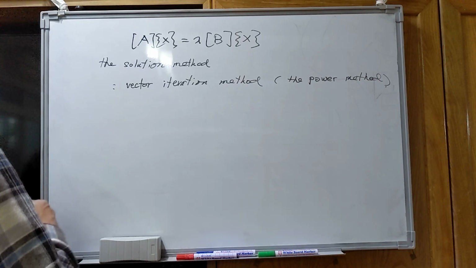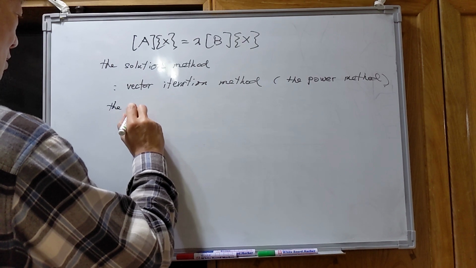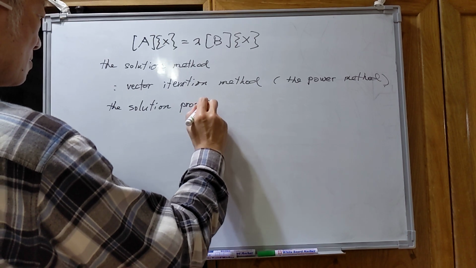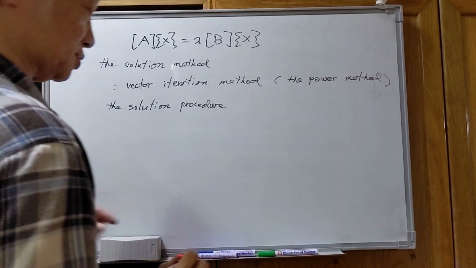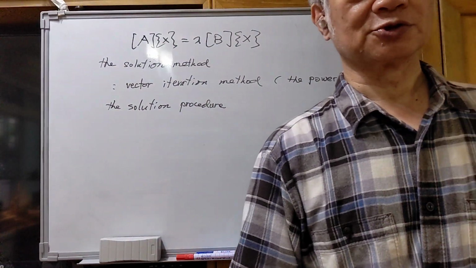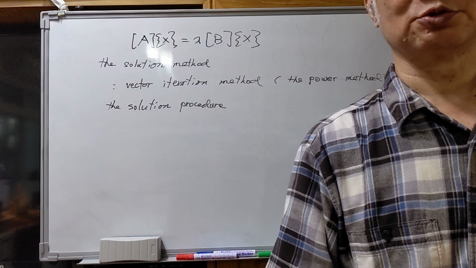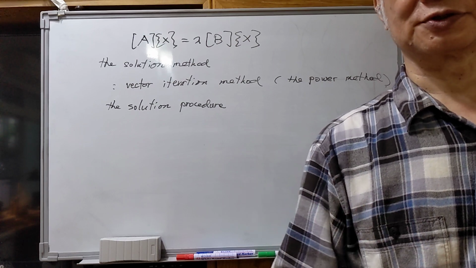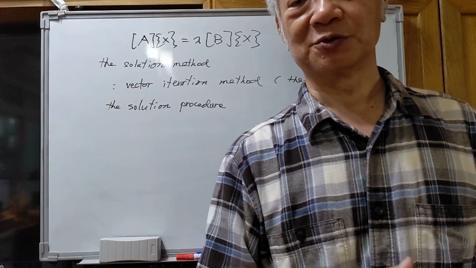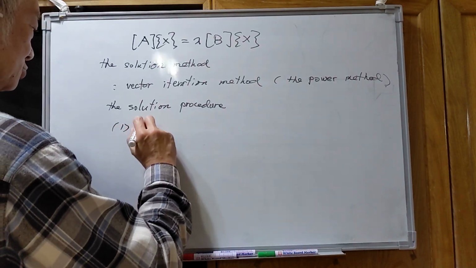And let me introduce the solution procedure. I will introduce the solution procedure first. Then I will try to prove why the solution procedure can give you the eigenvalues and eigenvectors. The solution procedure first, we just assume